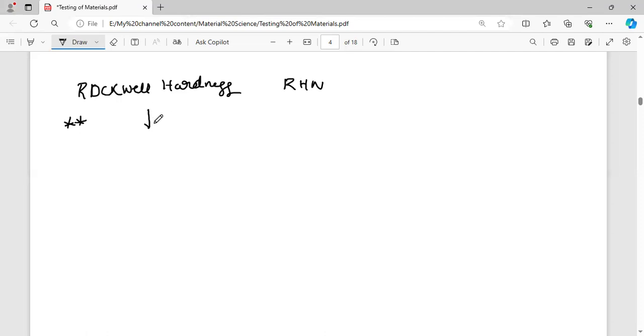The indenter can act as the penetrator, which means it can make a hole. Suppose it is the body, then the indenter will be penetrated into the body. So in the Rockwell hardness test, we will use the